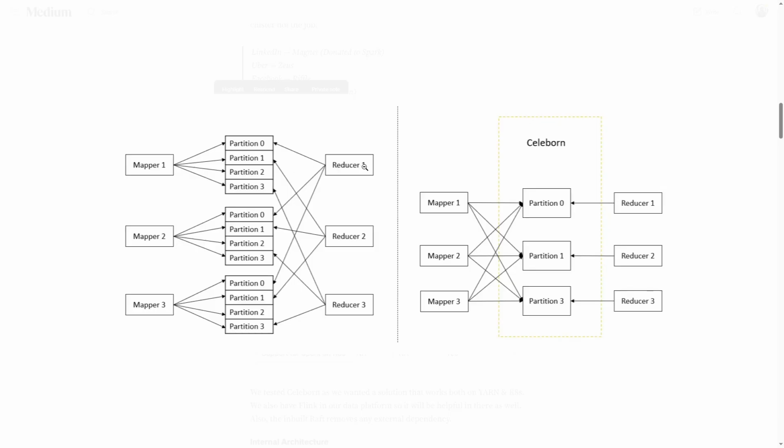So this reducer, let's say, needs everything related to partition 0. This reducer 2 needs partition 1, and this one needs everything from partition 3. But because partition 0 is present with mapper 1, mapper 2, and mapper 3, this reducer creates three connections,